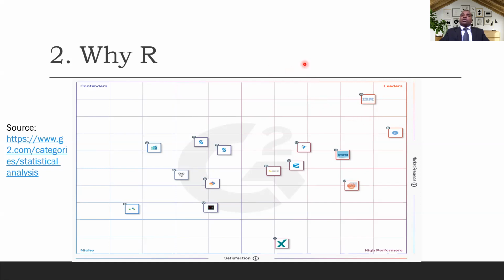Let's say you wanted to do regression, just click the regression button. It will show you the result. But in R programming, you need to know the process of regression. If you look at both of these, there are pluses and minuses. Some advantages are there in SPSS, some advantages are there in R.